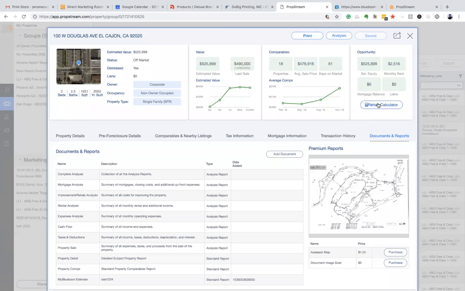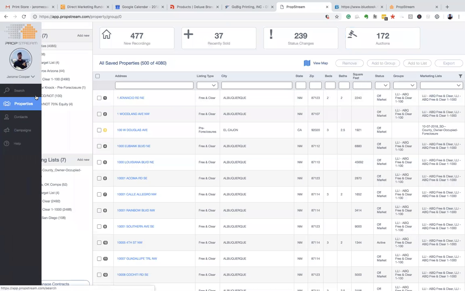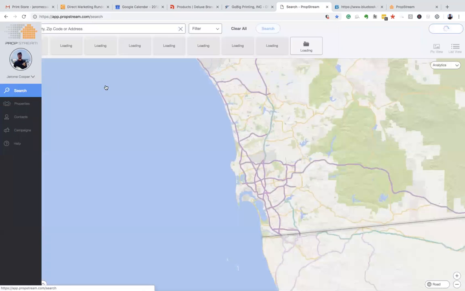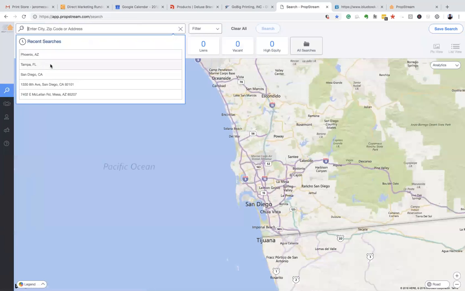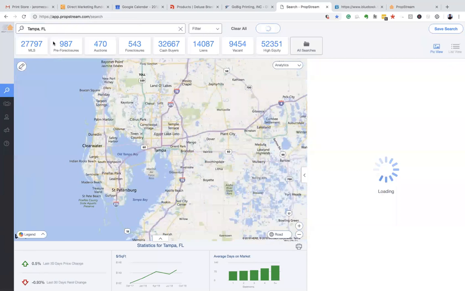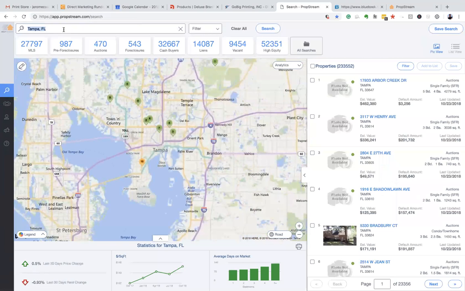And then you can, of course, save that rehab to the property card, and then know that you've got all your documents stored on here. You've got your analysis, you got your information, you got your contact info, and you've run all your campaigns directly through the same system. So the beauty is that you could, with a tool like this, we've jumped from Tampa to San Diego,